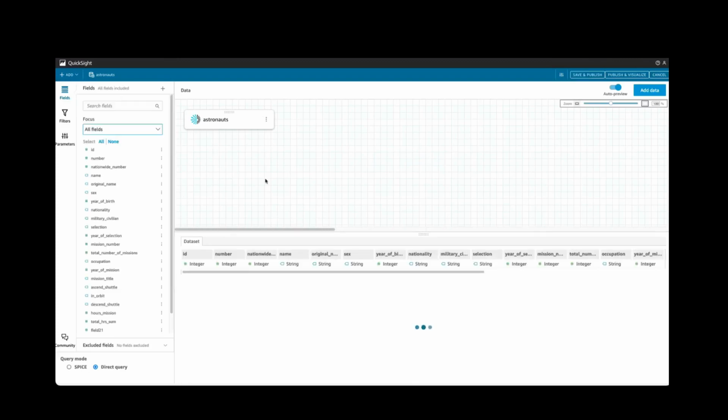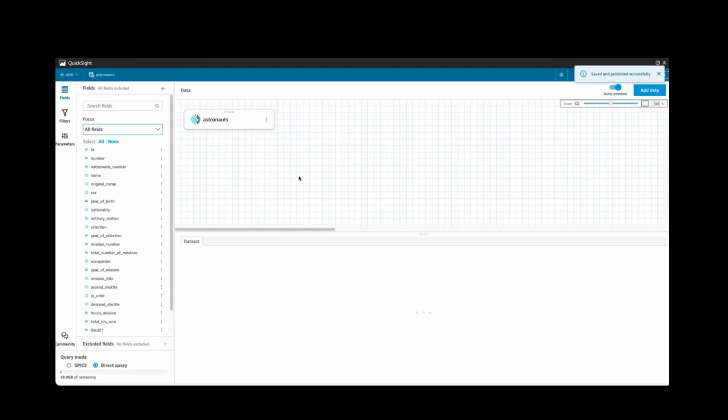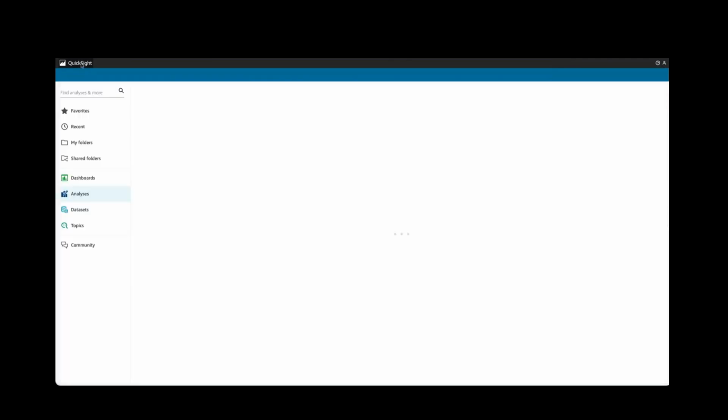And as you can see, the data is being pulled from one of the Starburst tables, and it has both the direct query as well as the SPICE mode. So in that case, you could either keep your data in Starburst itself and then access it and build the dashboard, or you can also bring it onto SPICE. Let me just publish it here. So right now I'm connected as a direct query. So this is the Starburst connector. And now let me show you